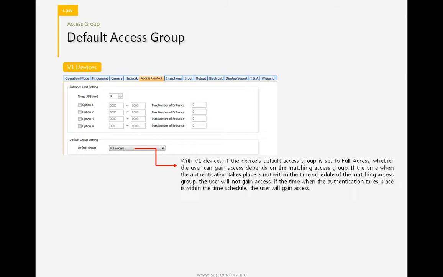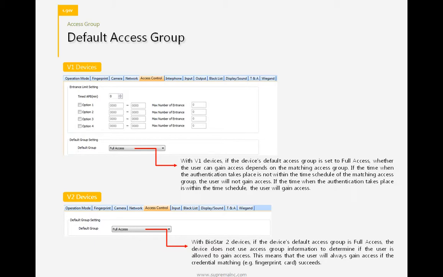So version 1 devices will check the user's access group first and grant or deny the user by the access group. If the user doesn't have any access group, it will get full access.